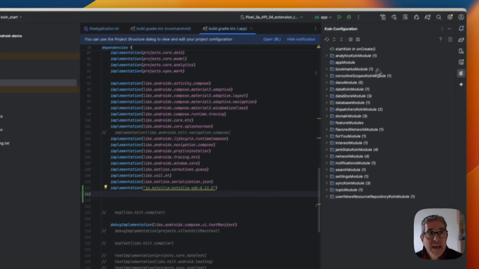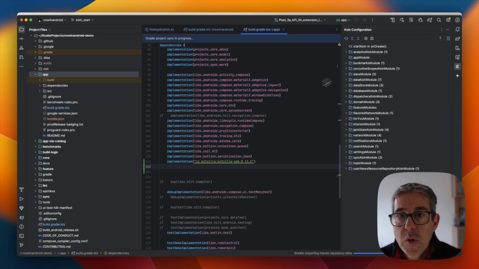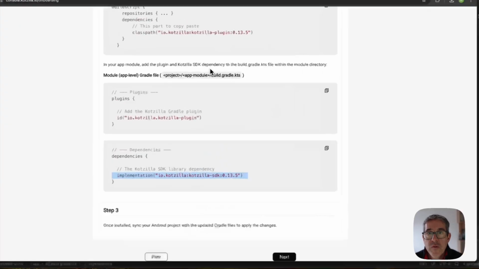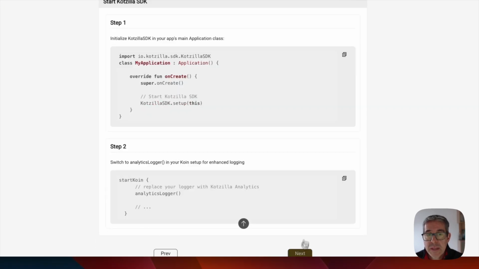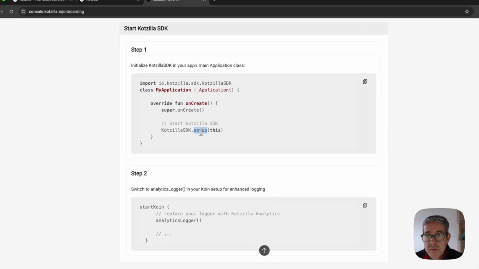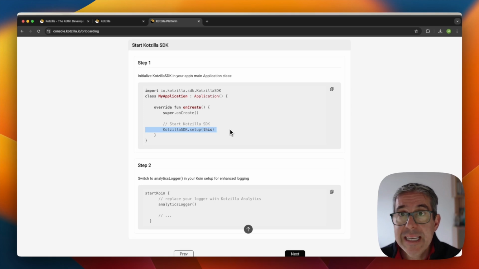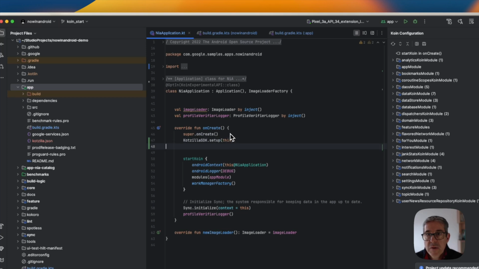Just after that, you can just do a Gradle sync, so we can import those files, and then we can move to the next last step of the configuration, which is actually the startup of the SDK itself. For doing that, you just need this line, the Kotzilla SDK setup. This line needs to be added into your application class. In my example, this is the Now in Android application class, and I can add this line just after the